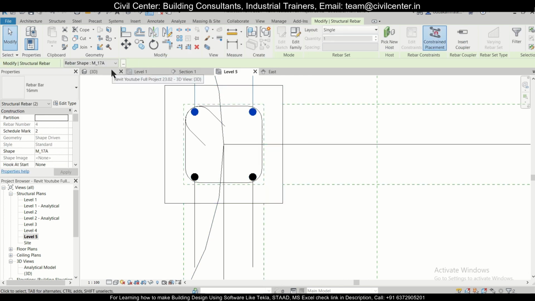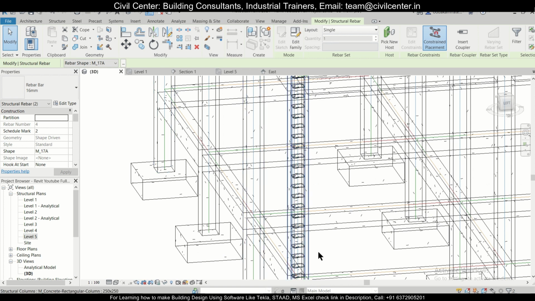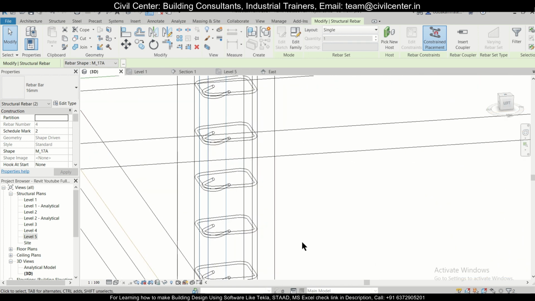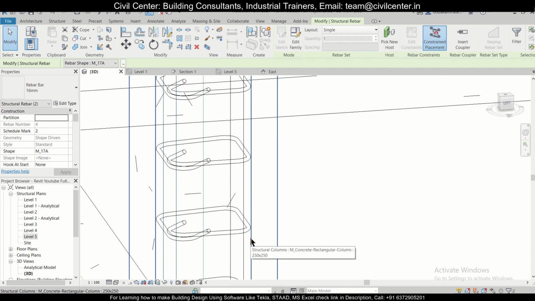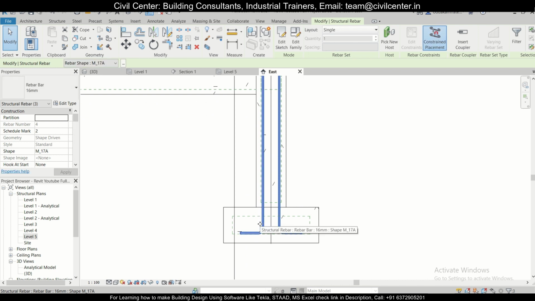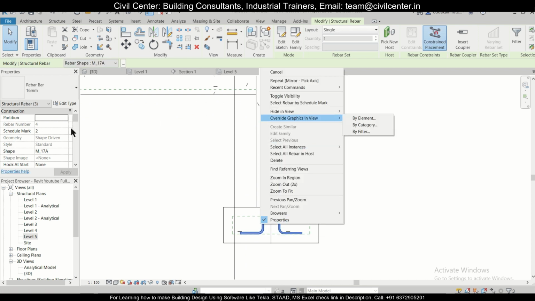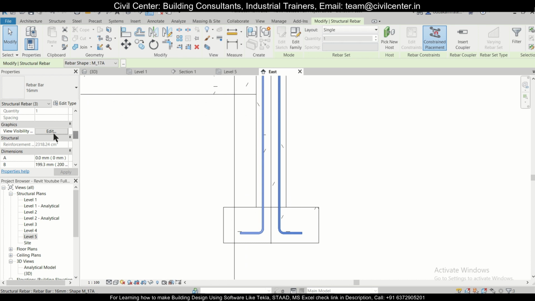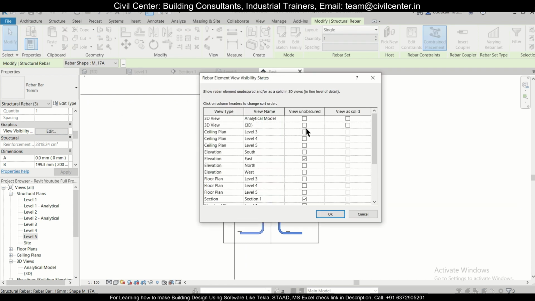This has been done, and in 3D view, if you just go and check it here, these lines, or else we can just go to the east elevation and select these lines, select this and select this, right click, and okay, or else you can just change the visibility from here.